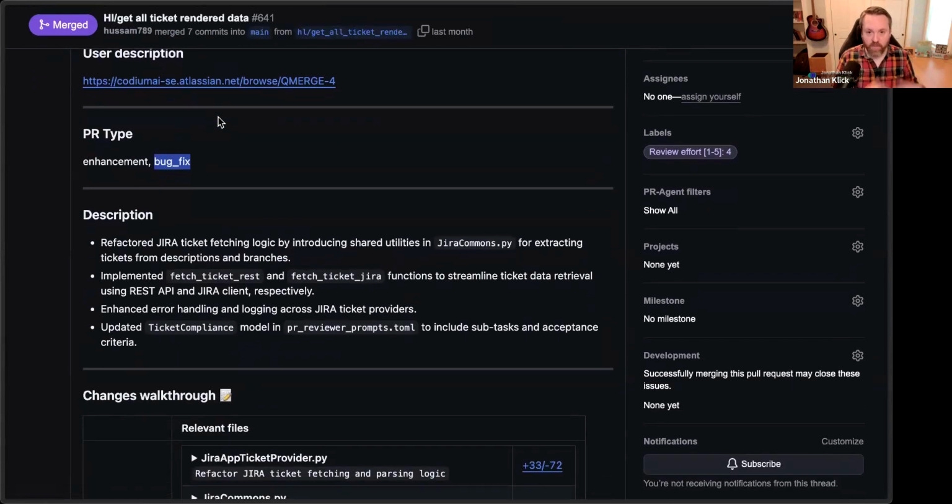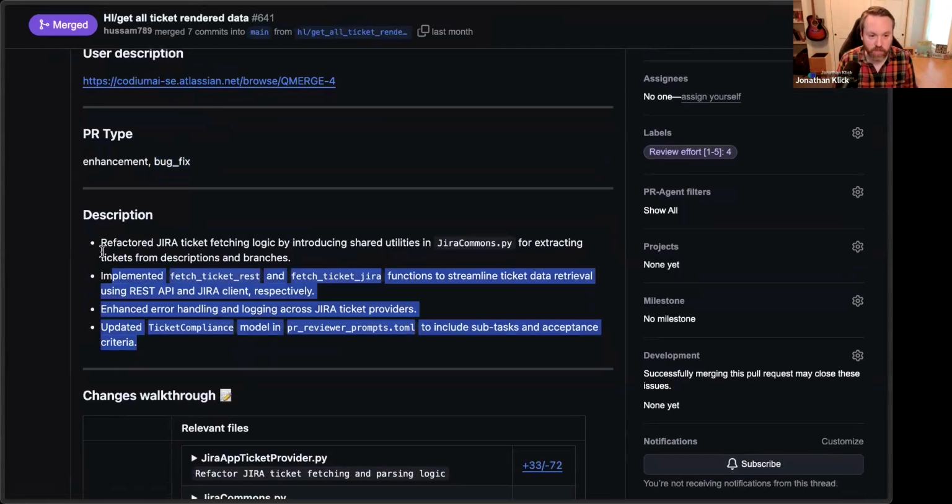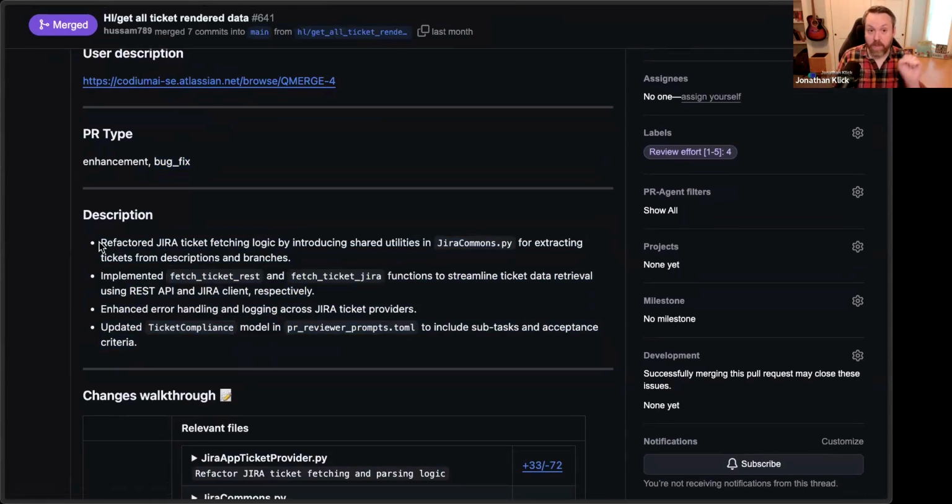Amidst all of those commits and all those changes, we provide an up-to-date description of all of the changes that have happened as part of this PR. Now, if someone was to go and add another commit right now, guess what? That would update the description accordingly. In fact, all the other comments I'm going to show you in a moment also update with every subsequent commit as well, to make sure it's most up to date and relevant.